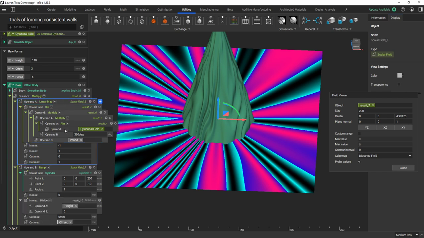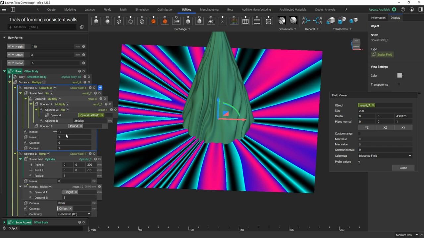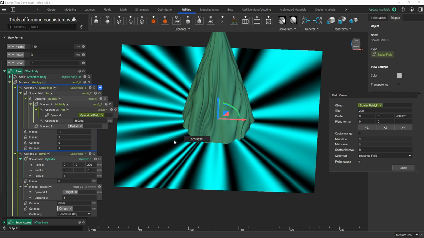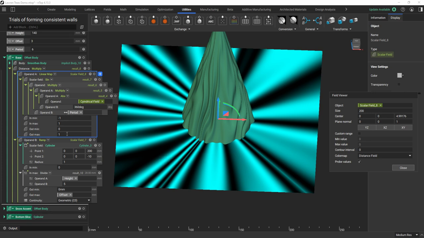So here I use this linear map, and you can see the in min and max are -1 and 1. So I'm taking values from all of this field, and I'm remapping that to 0 and 1. So now if we look at that field, I've just taken out all those negative values, and everything here is ranging from close to 0 there to the dark points are close to 1 right there. So things are cleaning up,